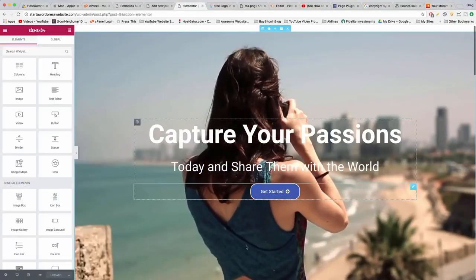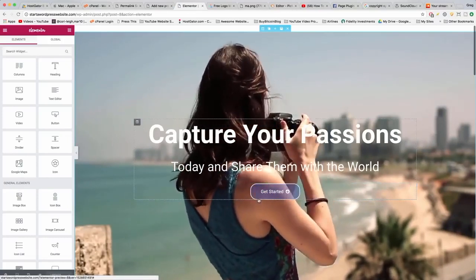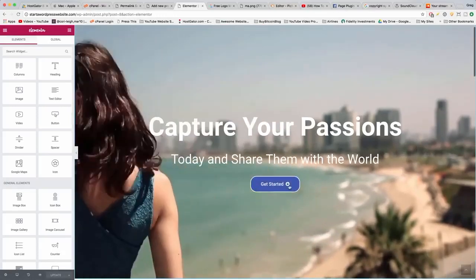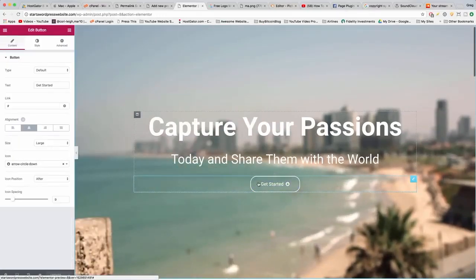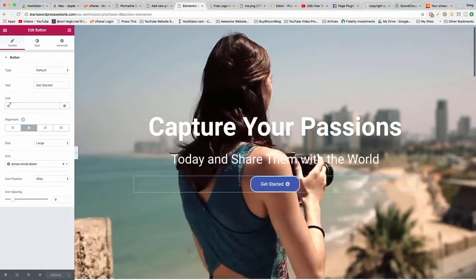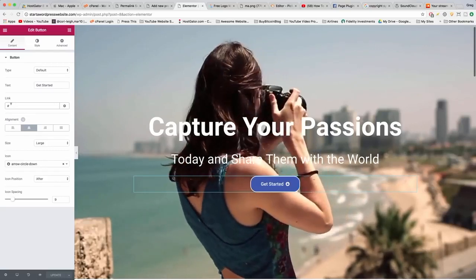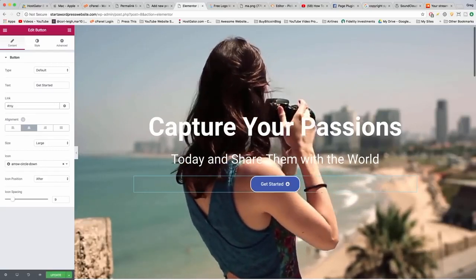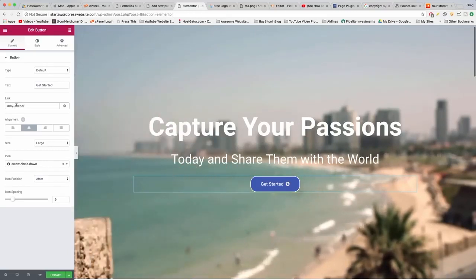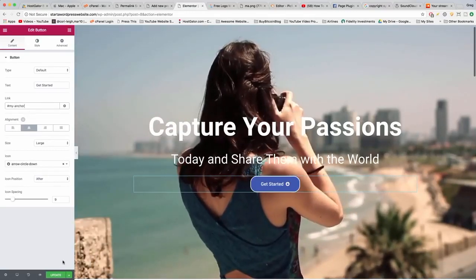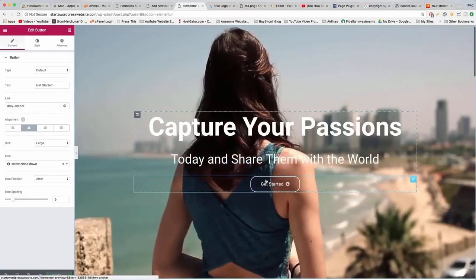And this will make your buttons work like the Sydney buttons do if you watched our Sydney WordPress tutorial. Those are super fun, everyone loves those, and now we get to learn how to create them. So we just click our button, and we're going to set this up from scratch. And then in link, you just keep the pound sign, the hashtag, and just write in like my-anchor. You don't even need the dash, you can just write one word. And then update it. And so now when they click that, it'll go to the anchor,